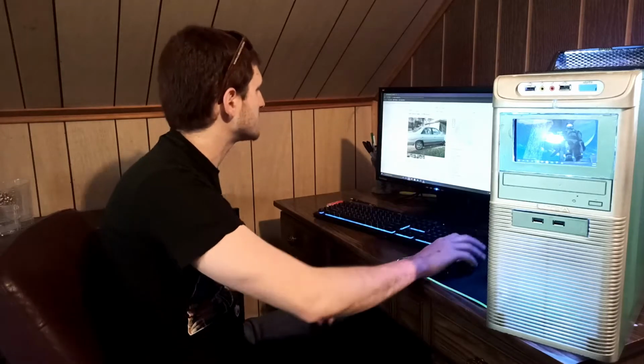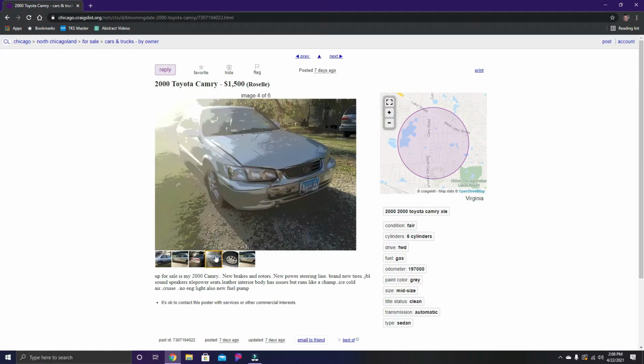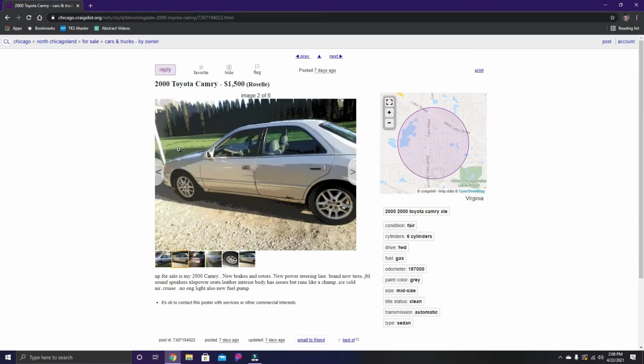Alright, so I like to use Craigslist for older cars because it's hard to get older cars on newer websites like Carvana and TrueCar and all those. It's hard to get them, so I use Craigslist. Now, if you go here on Craigslist, I found one, a 2000 Toyota Camry, 3-liter V6 with about 197,000 miles,